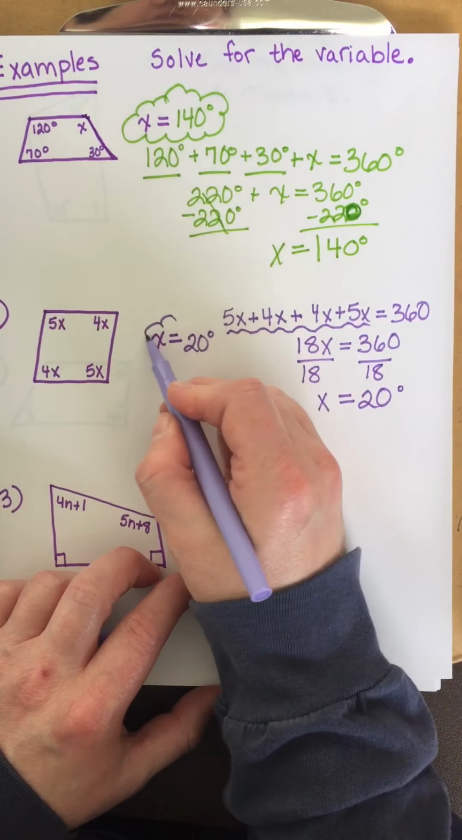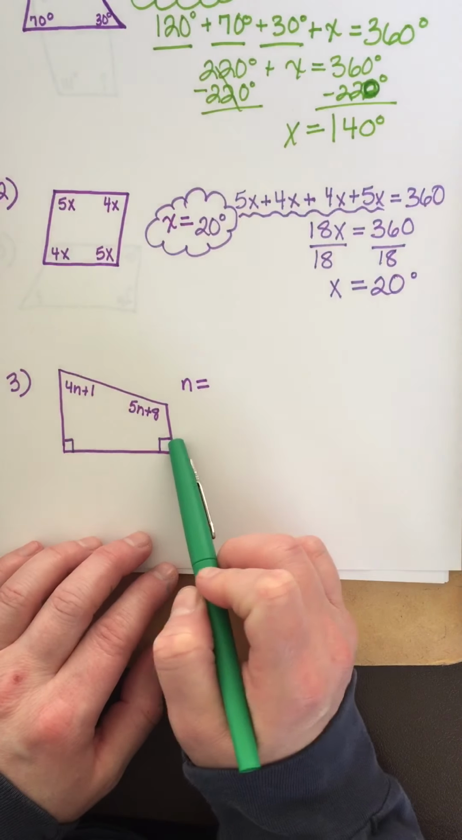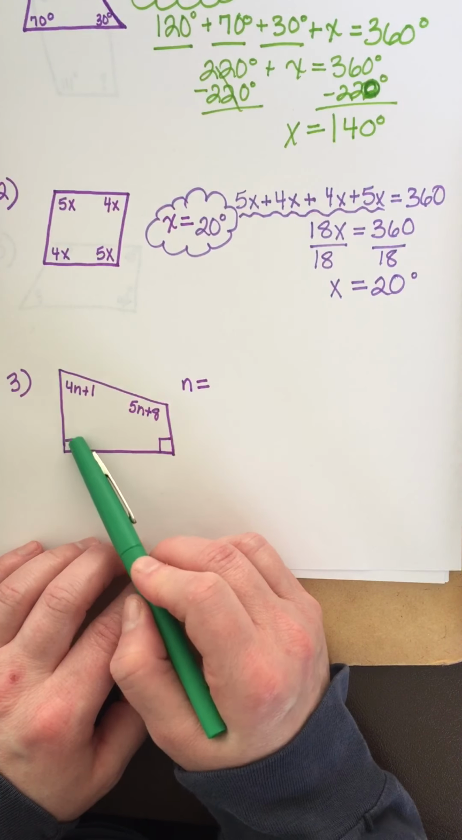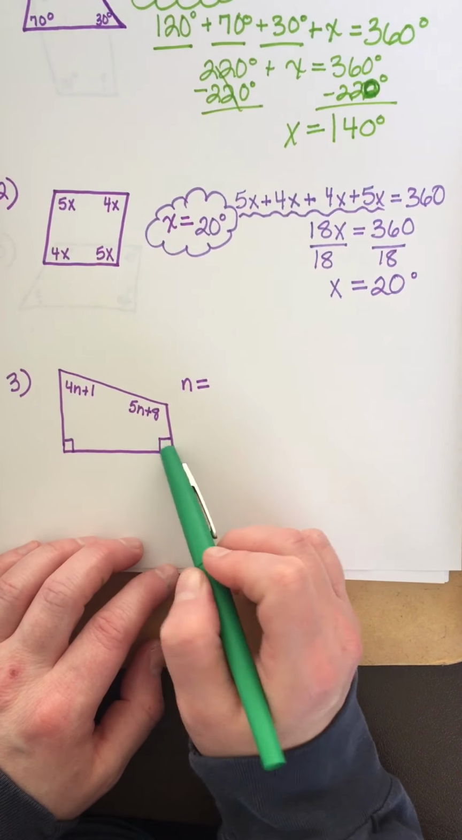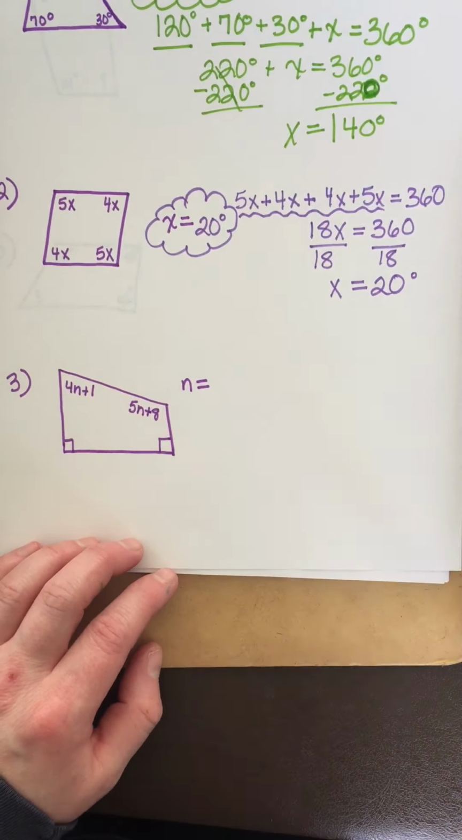And for the next one, now, it doesn't have the numbers written for these angles, but what do these little boxes mean? What kind of angles are those? They're right angles. And what do we know about right angles? They measure 90 degrees. Right? So we have 90 plus 90 plus 4n plus 1 plus 5n plus 8